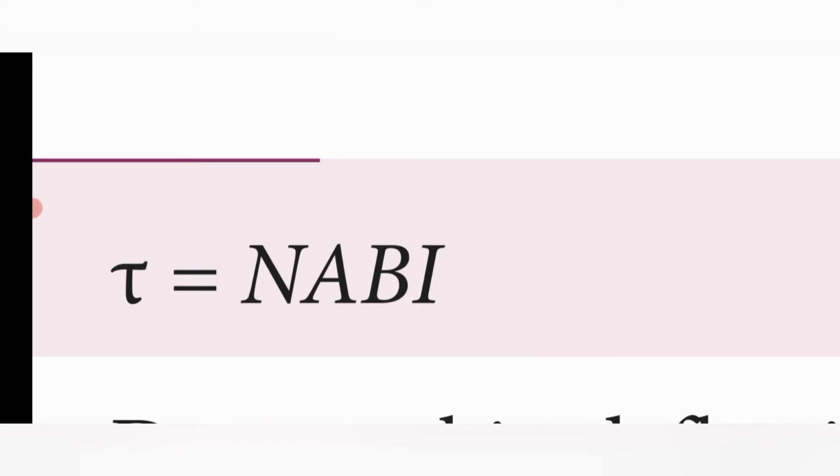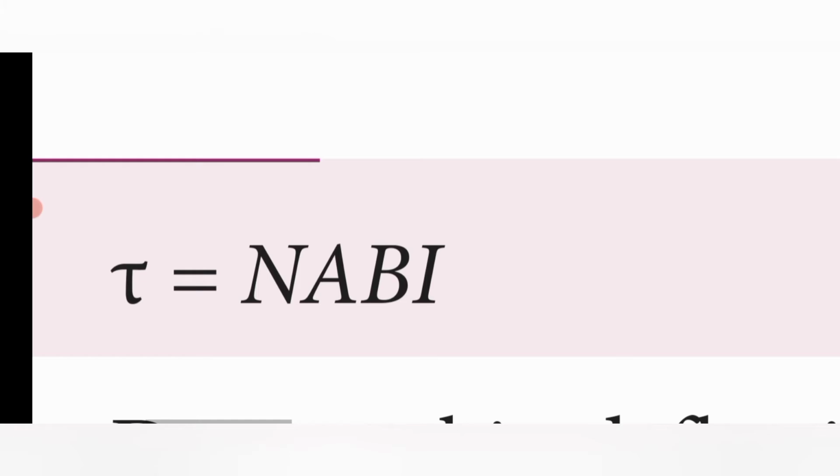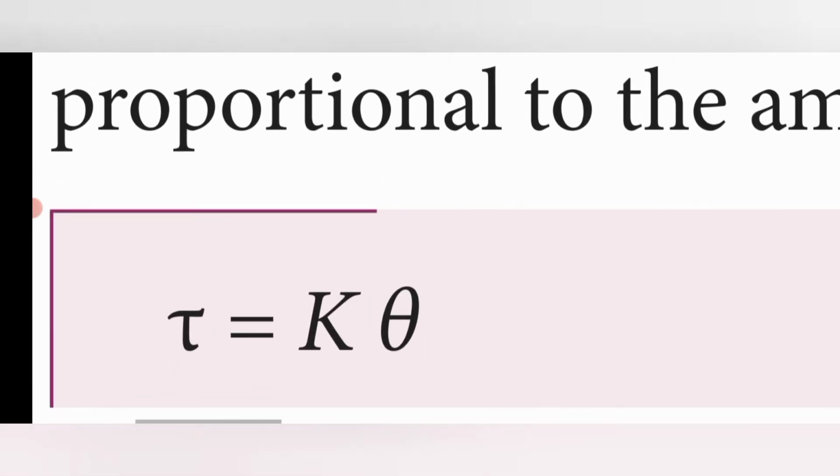And that can also be equal to the twist, that is the angle formation in this rectangular coil. So tau is also equal to k theta. What is meant by k theta? That is the restoring torque here. The coil can twist and a restoring torque is produced. This is the magnitude of the restoring torque: restoring torque tau is equal to k theta. We also discussed that in 11th standard, in unit number 10.